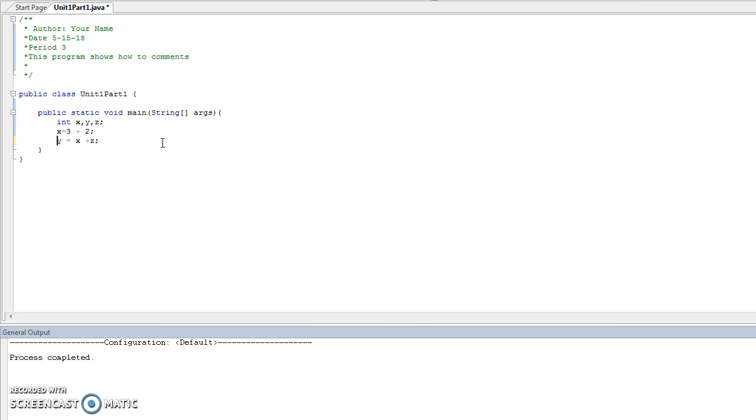Okay, but that's simply it for comments. Import statements will be next. Let's see, I still have a couple minutes left. So the import statements,